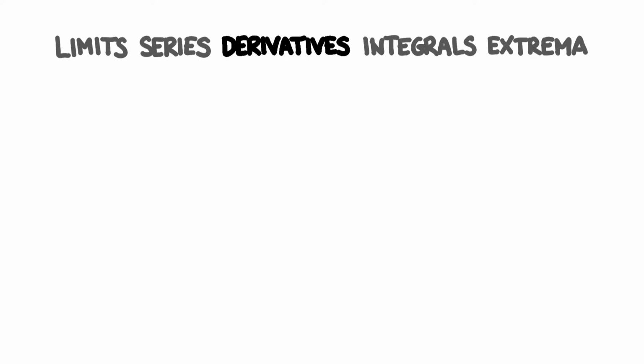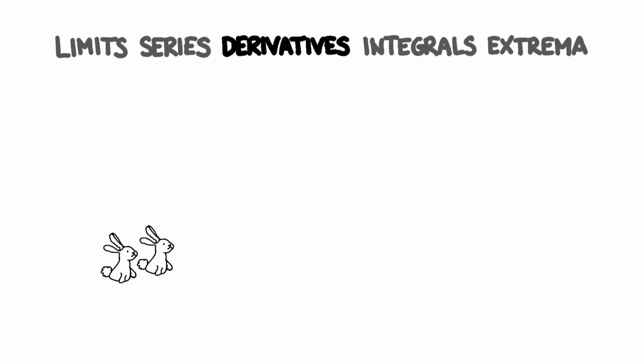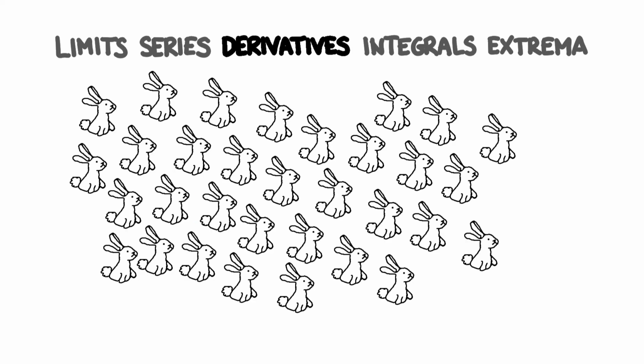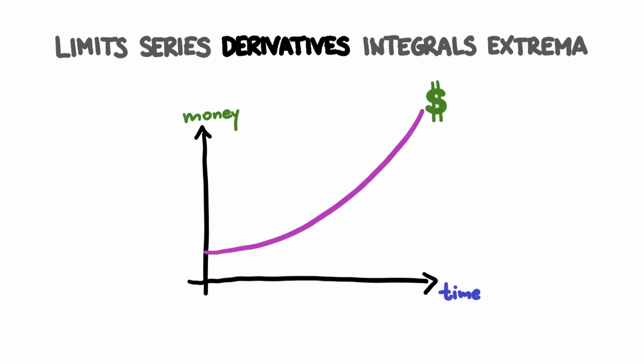Let's move on to the definition of E in terms of the derivative. Here, the exponential functions of the following form appear. The use of the letter t is not accidental, as this class of functions is good at describing certain processes occurring in time. For example, population growth, radioactive decay, or in our case, the compound interest rule.